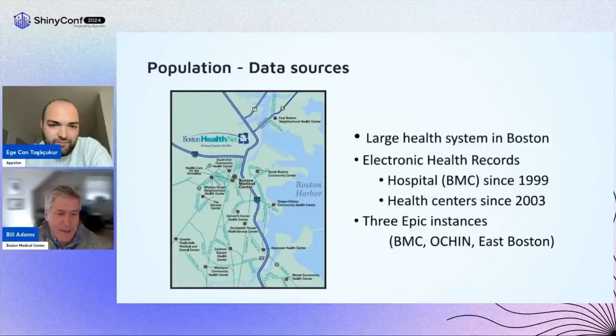The place where I work is a research hospital in the middle of Boston, Massachusetts. We're quite a large system, and we cover the majority of the inner city of Boston. We're a hospital, but we're also community health centers, and we use an electronic health record called Epic to capture data and also to share data across the network for research. Next slide.